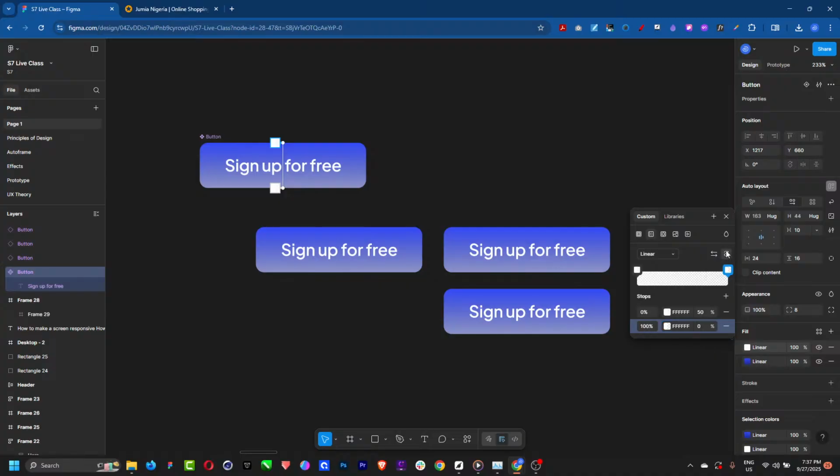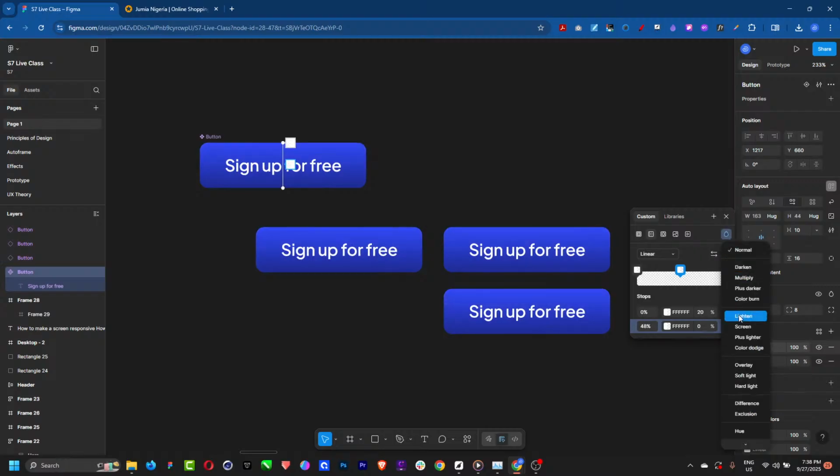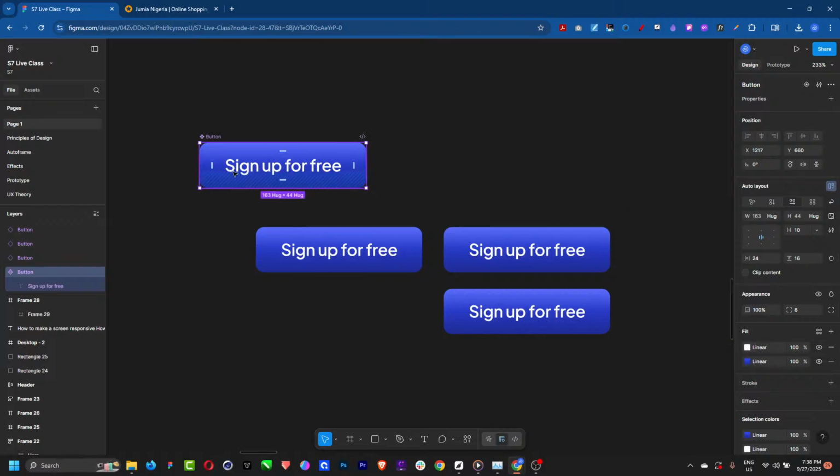Let me rotate it again. Okay, let's do 20 and 0 here. Okay, we can now come in here. Let's take this way. I'm just trying to give it like a little shine there. Okay, we can also change it to, okay, good. Now you can see that whatever I'm doing to this first one is going to be affecting this